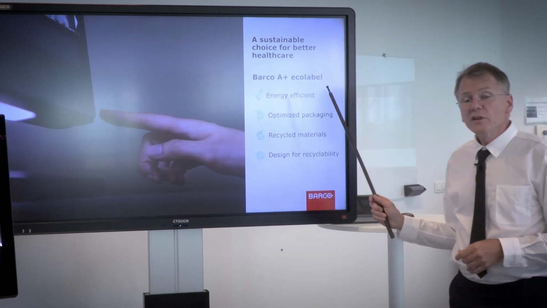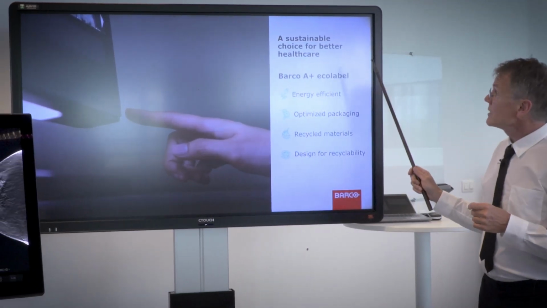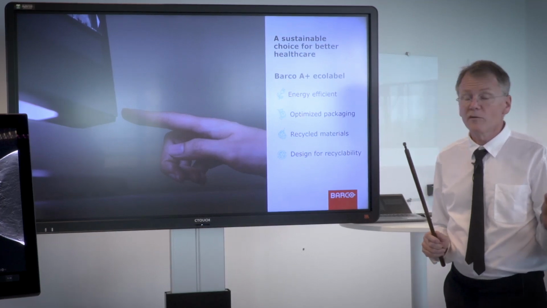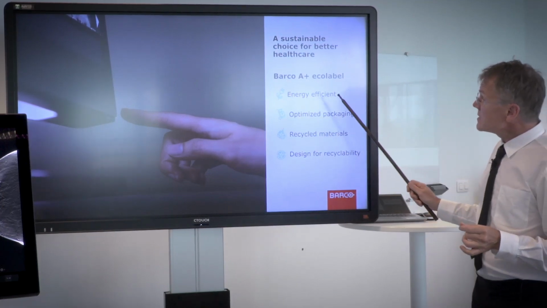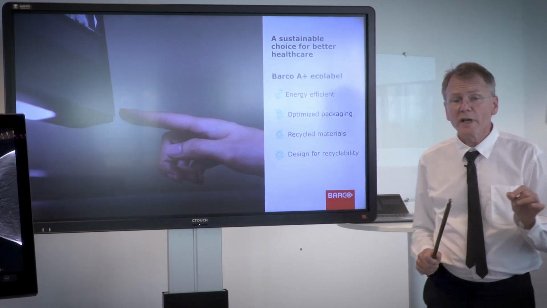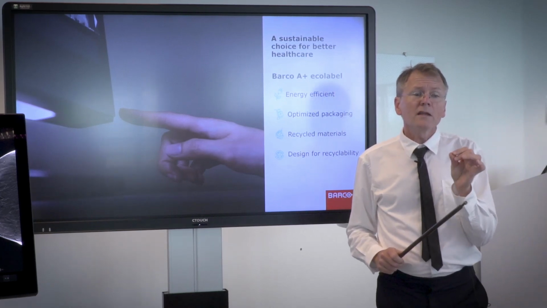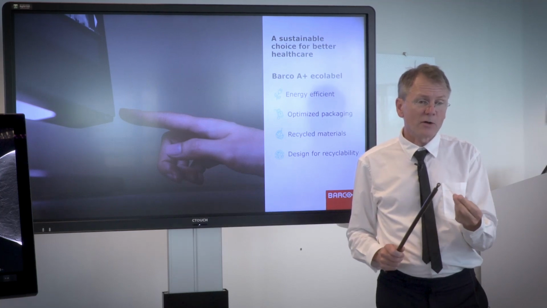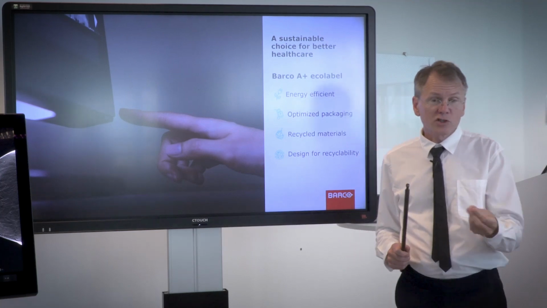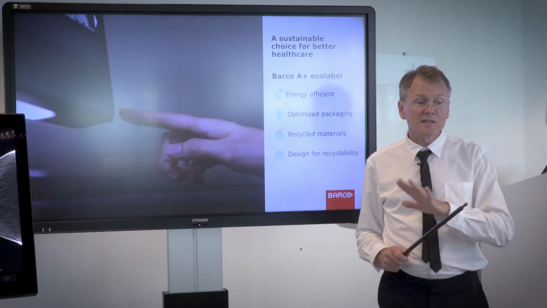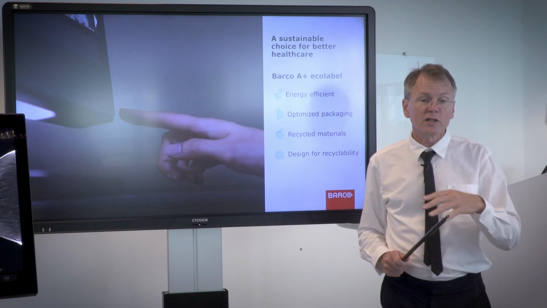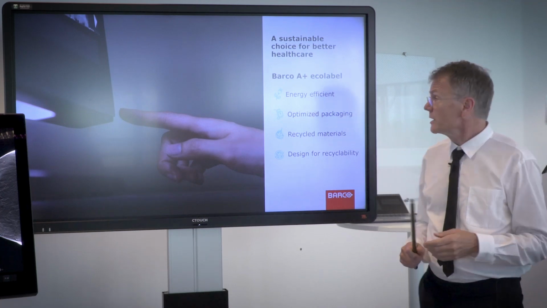In terms of the eco score, this product has an A+ eco label with the Barco system of measuring these things. And it gets that from being energy efficient in two ways. One, when the display is being used, the amount of light it's making for the amount of power consumed is very efficient. But also importantly, when it's not being used, it goes into a very low power state so that it's not wasting energy when no one's using it.